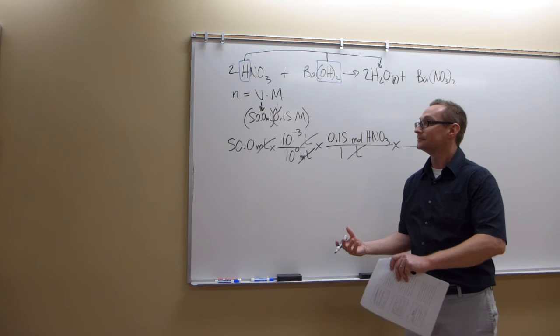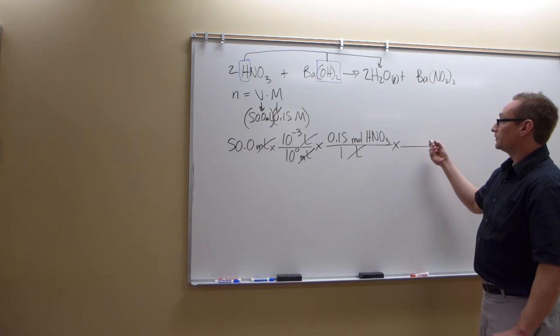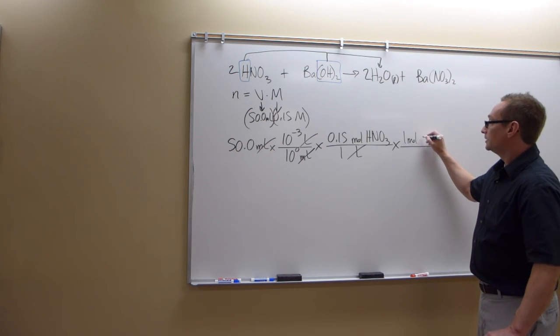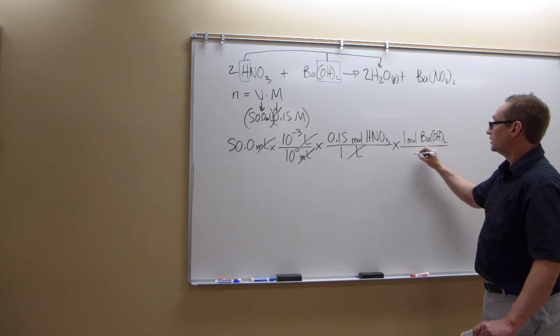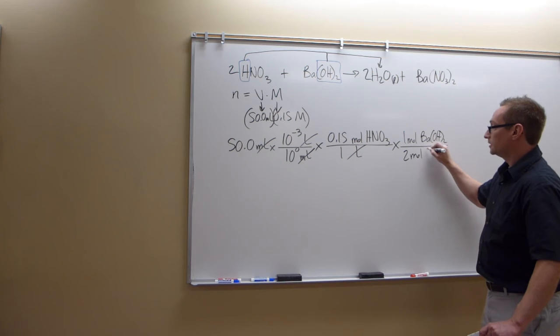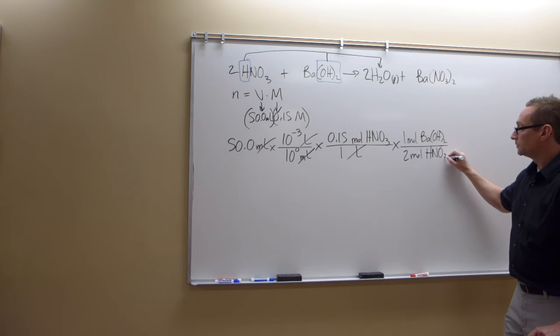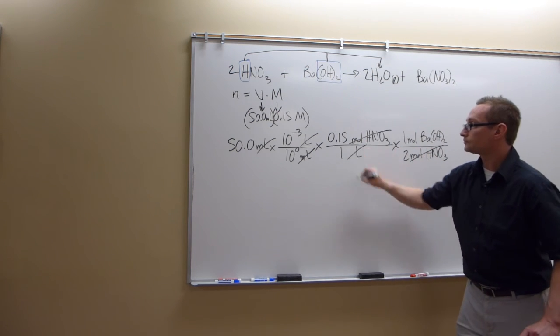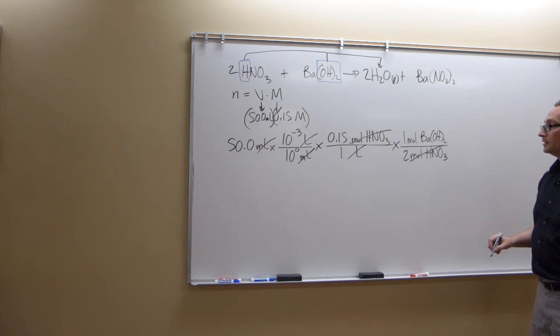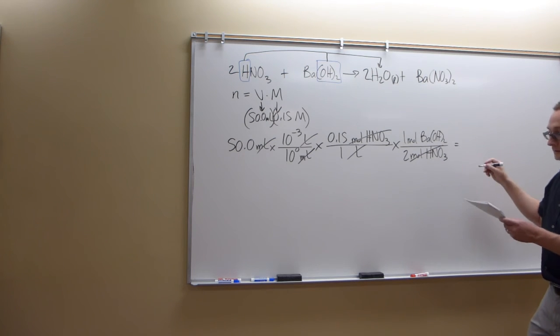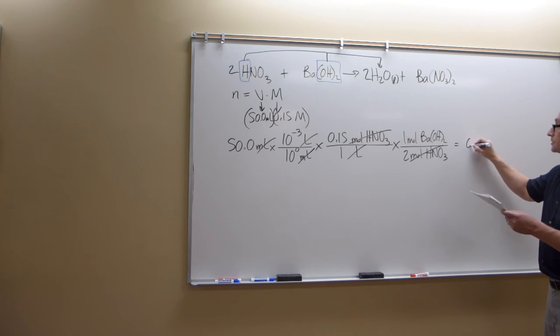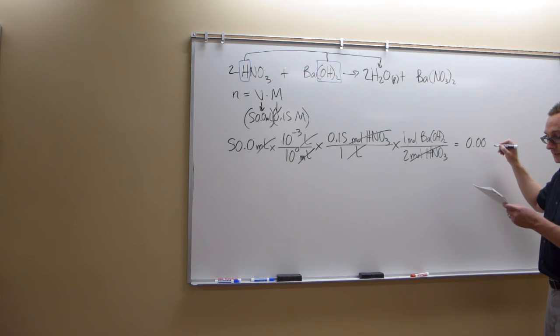So for every 1 mole of barium hydroxide, we use up 2 moles of the nitric acid. All right, so that would give us 0.00375